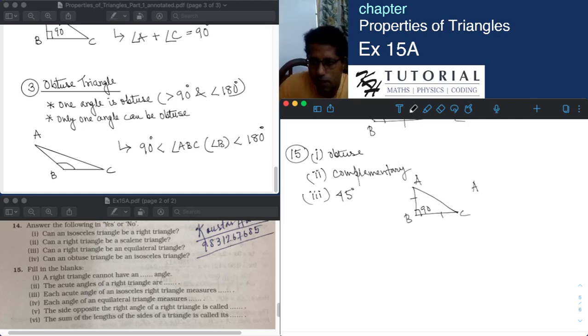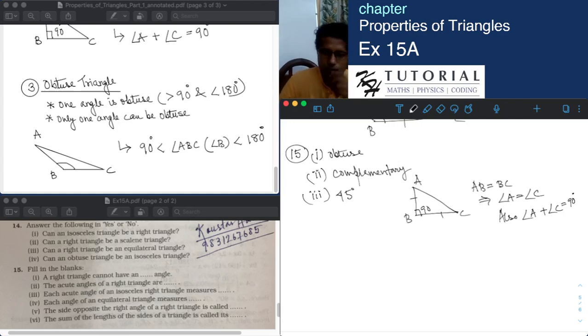If we assume that AB equals BC, it will become an isosceles triangle, and this will imply that angle A is equal to angle C. Now also we know that angle A plus angle C has to be equal to 90 degrees,